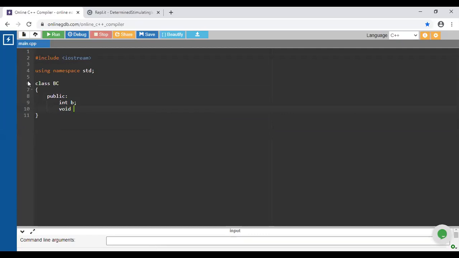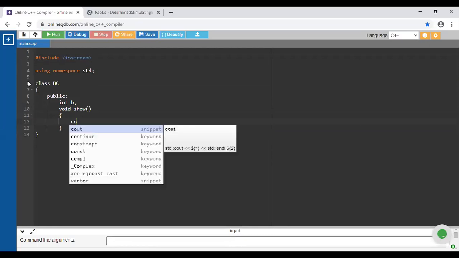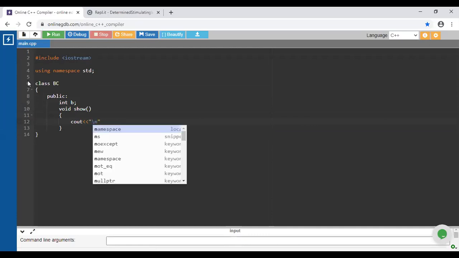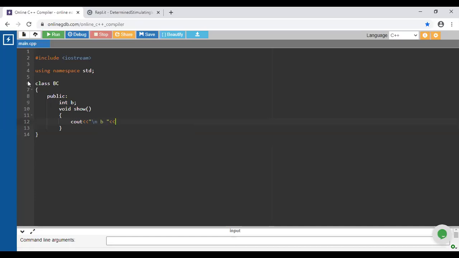Then we are using the show method, and inside that show method, the line is cout, b is equal to. I will just write b and b. So this one is related to the base class.